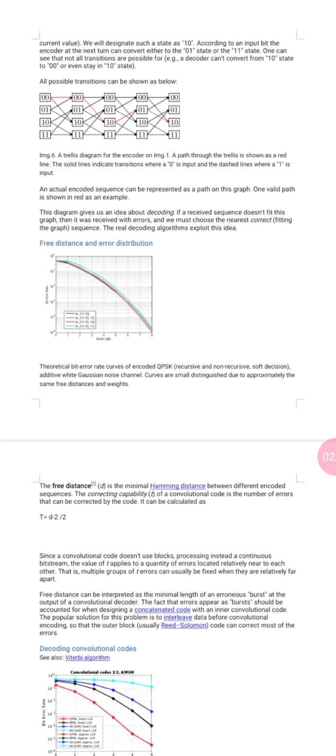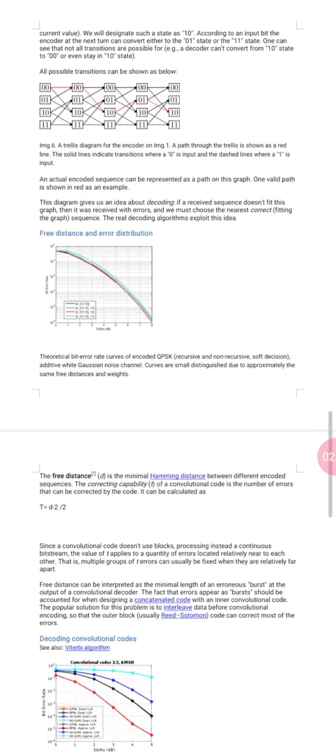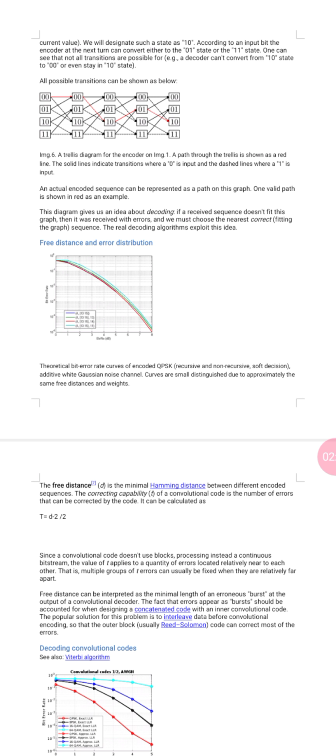We can see that not all transitions are possible. For example, the encoder can't convert from the 10 state to 00. All possible transitions can be shown as below.